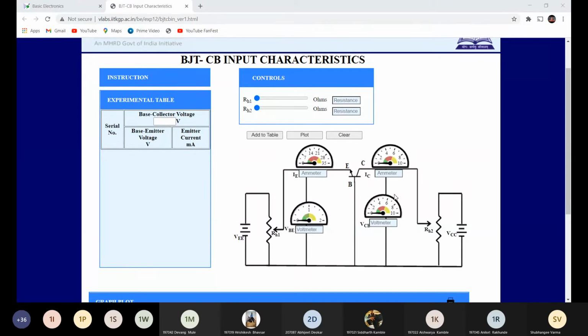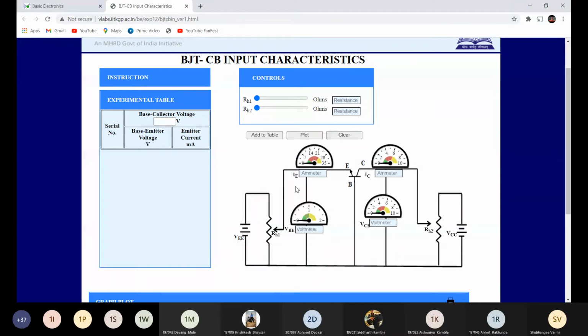Yes, correct, Mansi. We are going to observe IE. We keep VCB constant, change VBE, and observe IE. We change input voltage and observe input current.